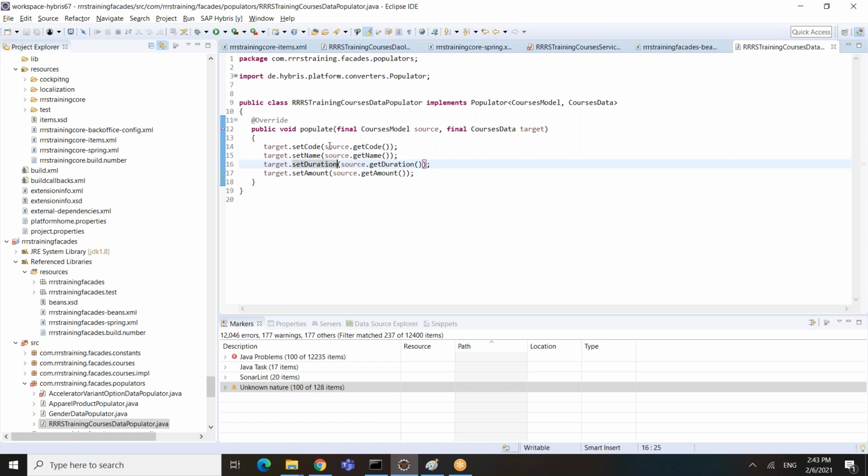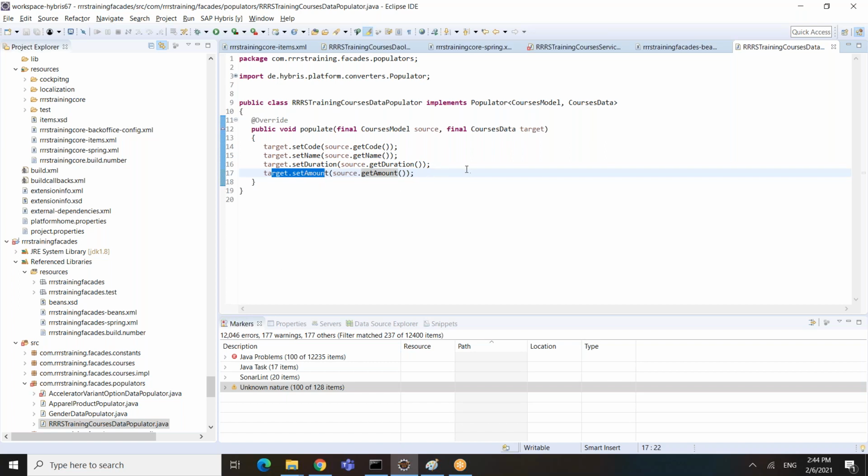So if you see here, I'm saying get the model code, set it in the data code, get the name from source, which is nothing but model, set it in target, which is a data object, get the duration, set the duration, get the amount from model, set it in data object.